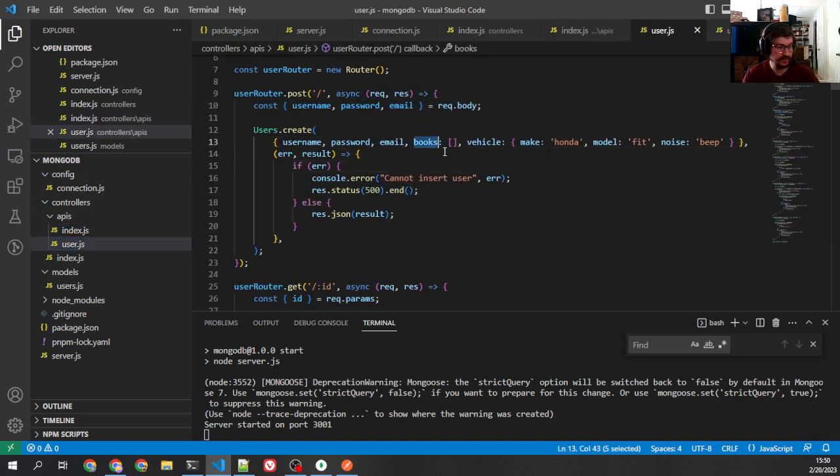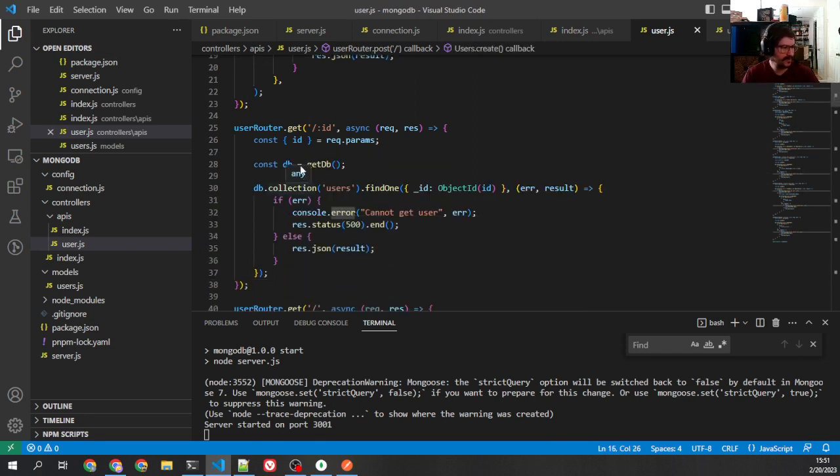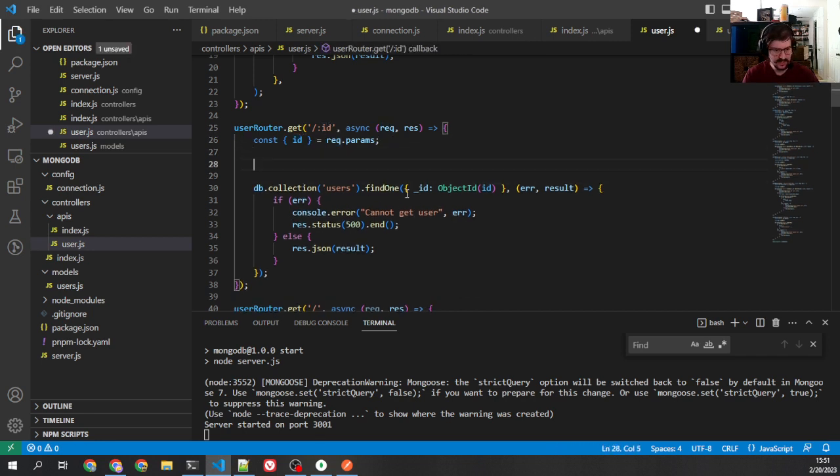Mongoose, if I wanted books, I could just actually put in books as an array and just let it know, hey, there's some stuff. But for now, I'm just going to get rid of that. All right, so let's look at get. First thing we're going to do is get by ID. This is very similar. We have our ID here, and we're pointing out parameters. We're not going to have the get DB. What we are going to do is we're going to instead say